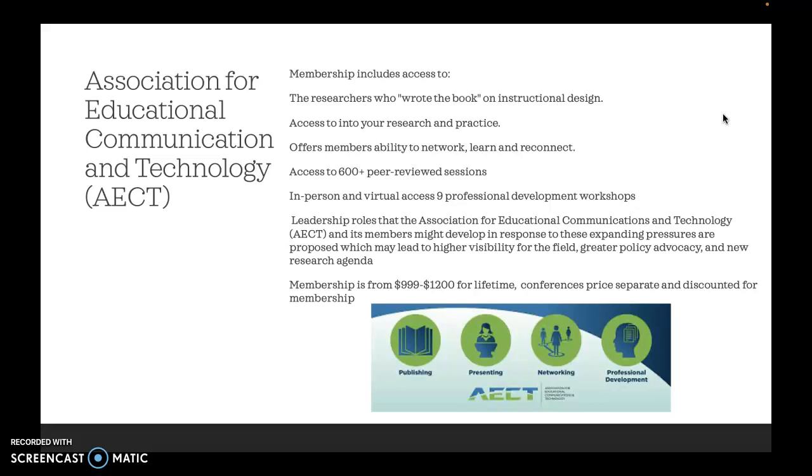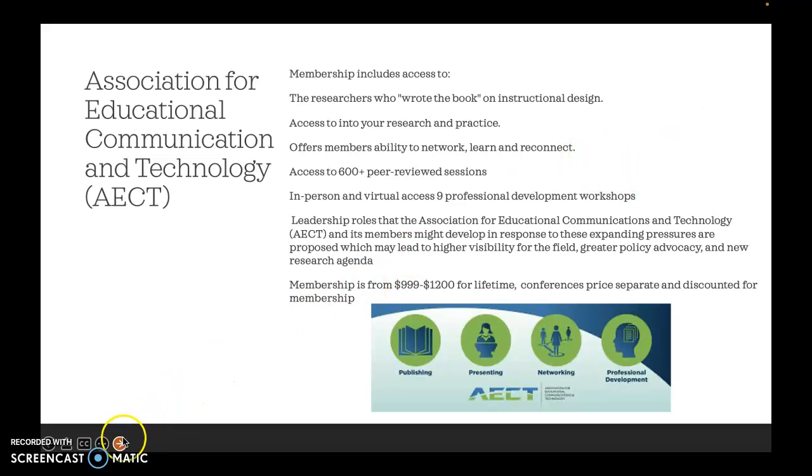Now, obviously, if you're a school administrator or a principal, you need to take this in mind when offering professional development to your teachers and instructors. Teachers might be more on the ATD path, while administrators, like instructional designers, might be more focused on AECT.